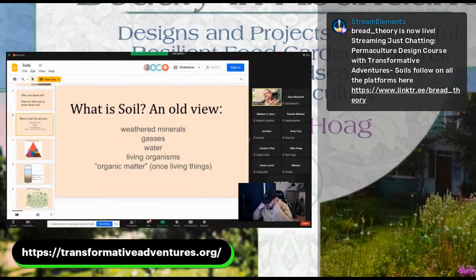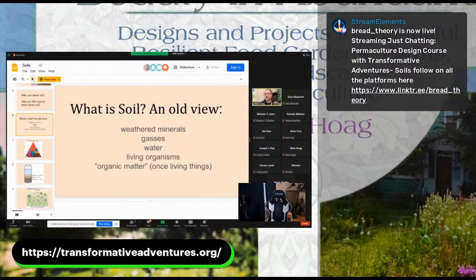Maybe you recall this from school, probably not kindergarten. So the old view is that soil is many things. It's a collection of weathered minerals. Basically, the earth is made of rock, and the rock weathers and has chemical reactions with itself, and certain minerals are released through the weathering that have chemical reactions with other things. And a big part of weathering is ice.